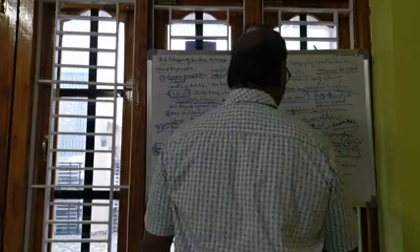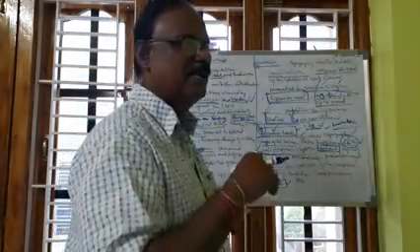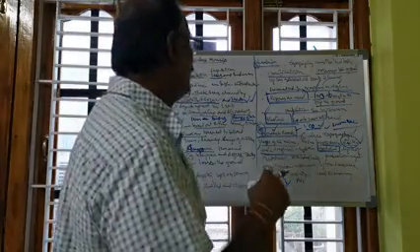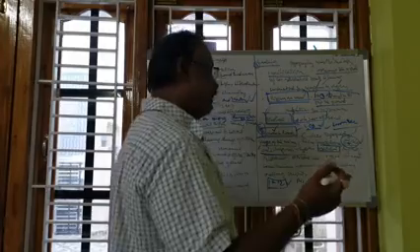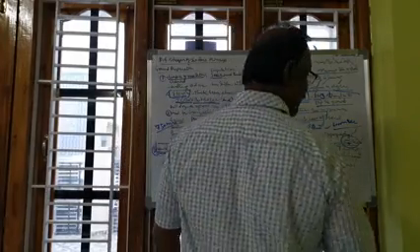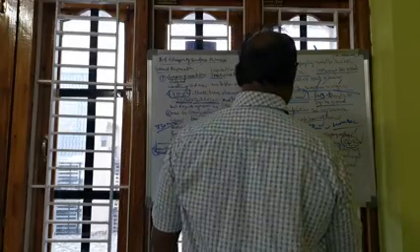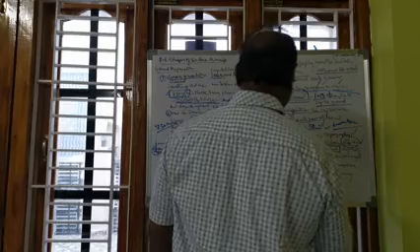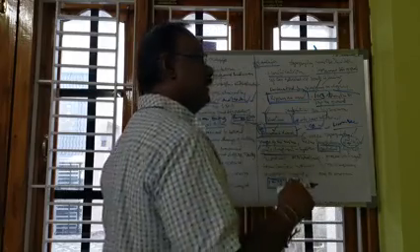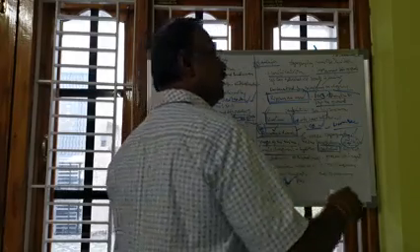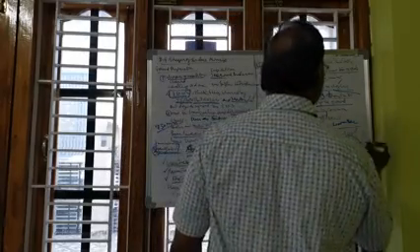So on 1 in 4 or 1 in 5, the dumpers cannot be run. Dumpers cannot run on 1 in 4, 1 in 5, or 1 in 6 gradients. Those are high gradients, and carrying and transporting by the dumpers is very difficult. So the gradient must be suitable. Generally, a gradient of 1 in 12 or less, that is 1 in 13, 1 in 14, 1 in 15, is suitable for laying the approach.